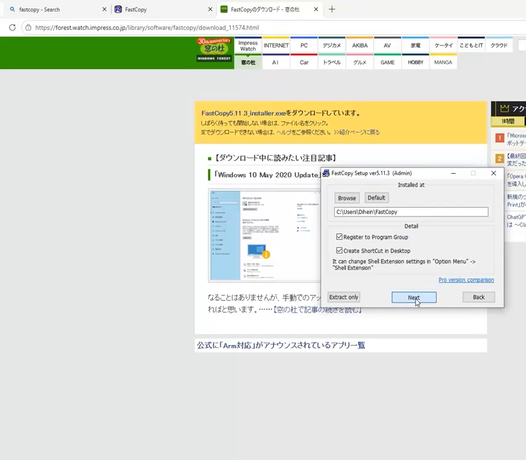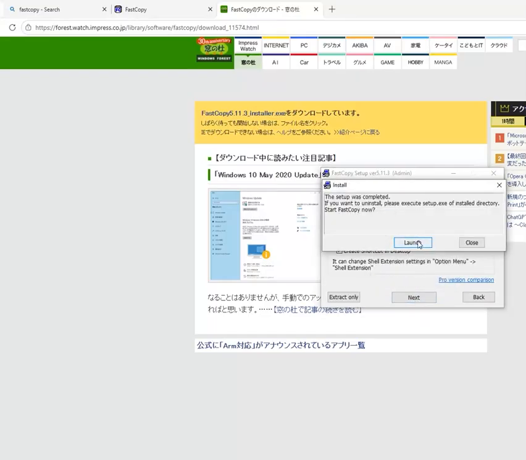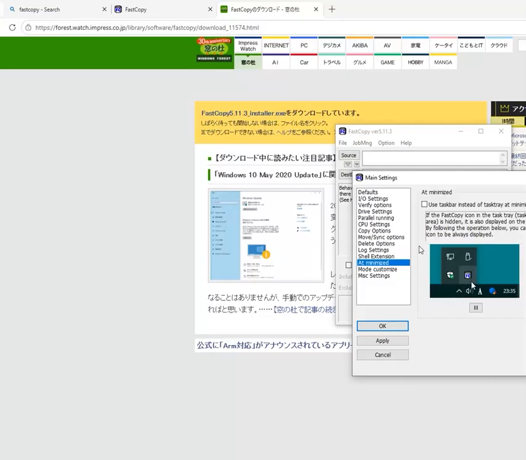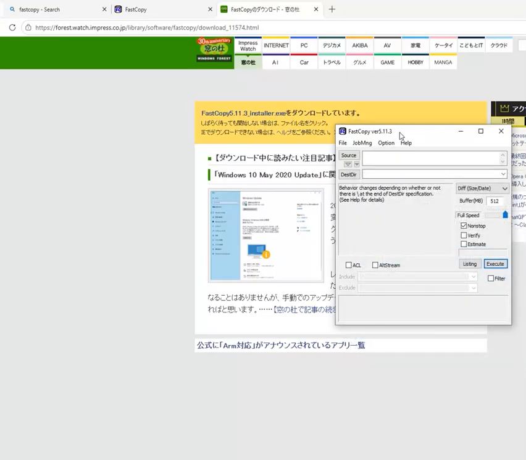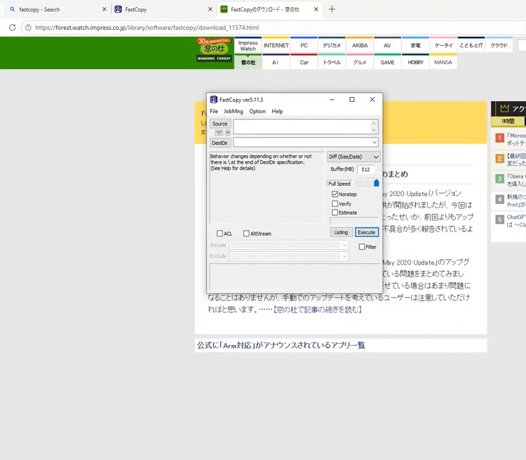Step 3. Select the source folder. Now we need to select the folder that contains the long path files. In FastCopy, click the Source field. Browse and select the folder or file that you want to copy. For example, I'm selecting a folder from